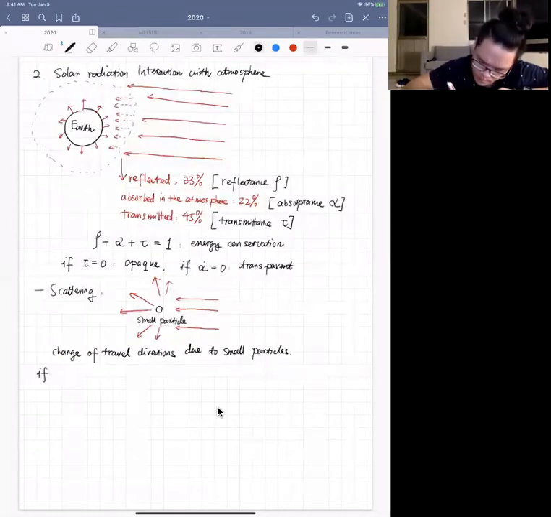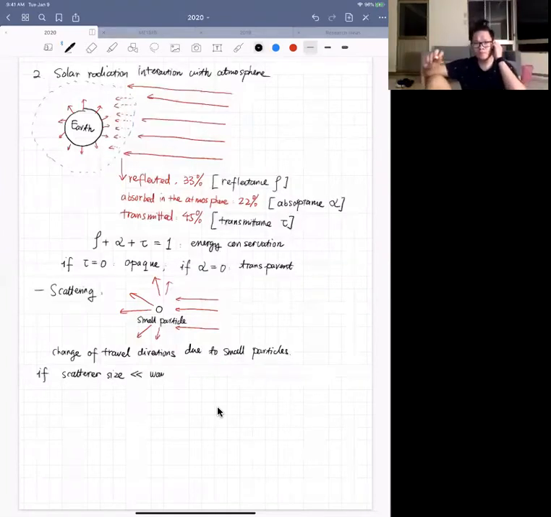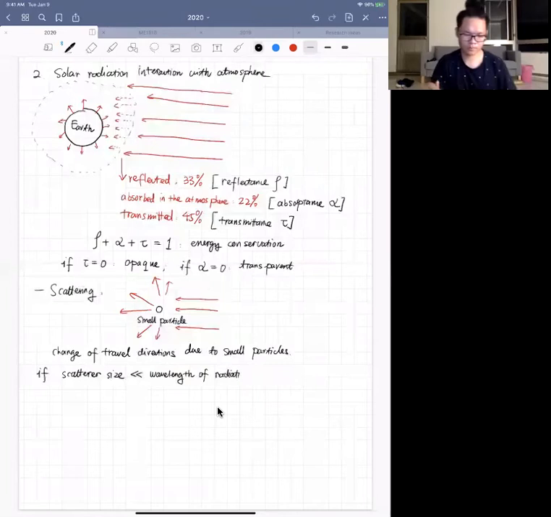If the scatterer size is much smaller than the wavelength of the radiation, in the case of solar radiation around 500 nanometers, such as dust, dirt, or gas molecules in the atmosphere that are much smaller than the wavelength of solar radiation,